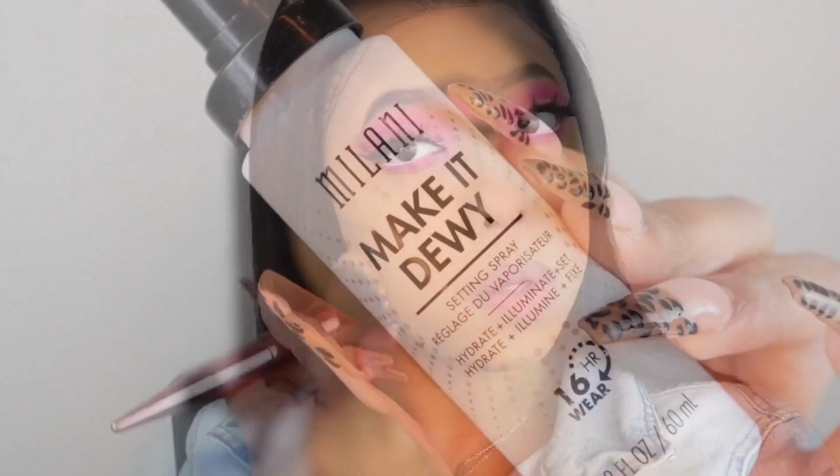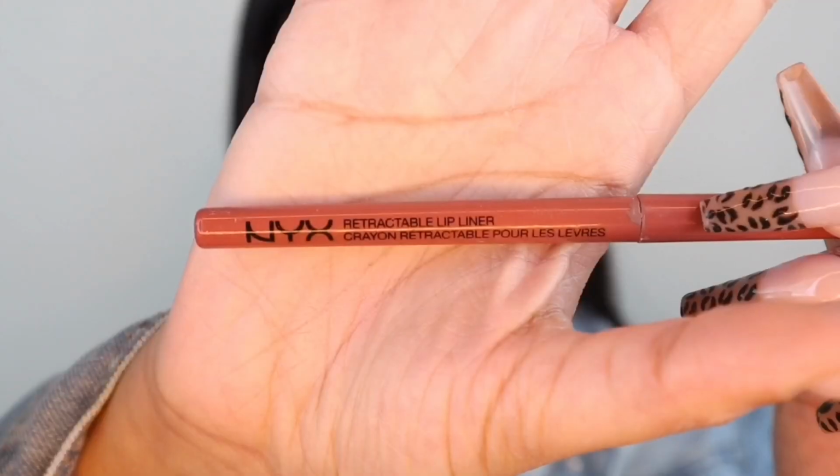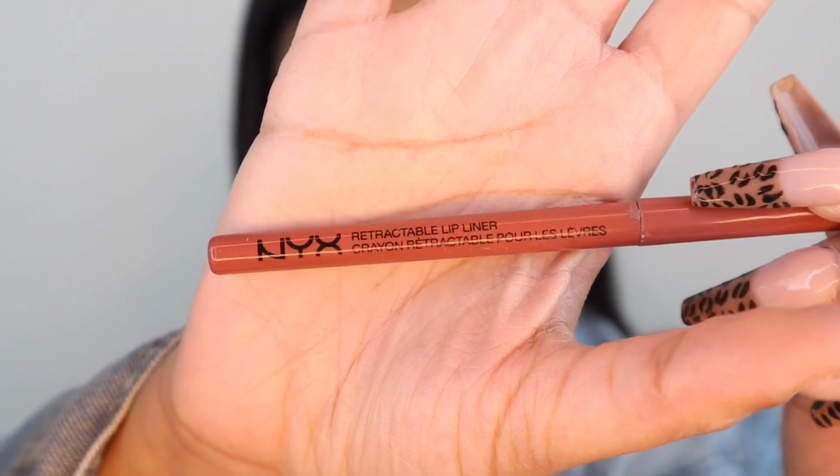And then basically to set everything, I'm just going to be using the Milani Make It Dewy setting spray, just spraying that all over my face, again helping give the more dewy-esque effect that I like when I do my makeup. Using my fan to dry down my face,